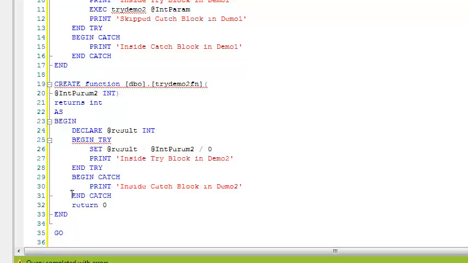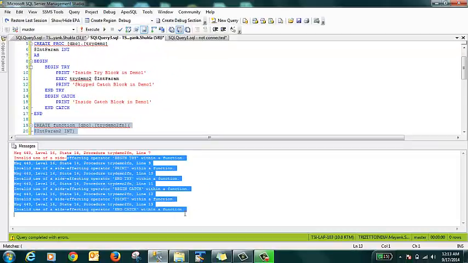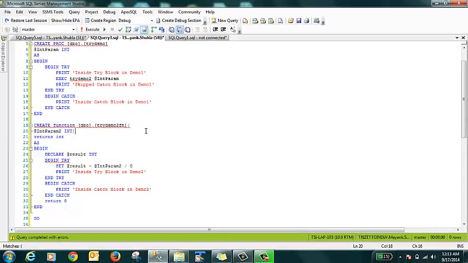Again try, yes, finally I'm right. Okay, so what it tells me is invalid use of side effecting, right? It's a side effecting clause.